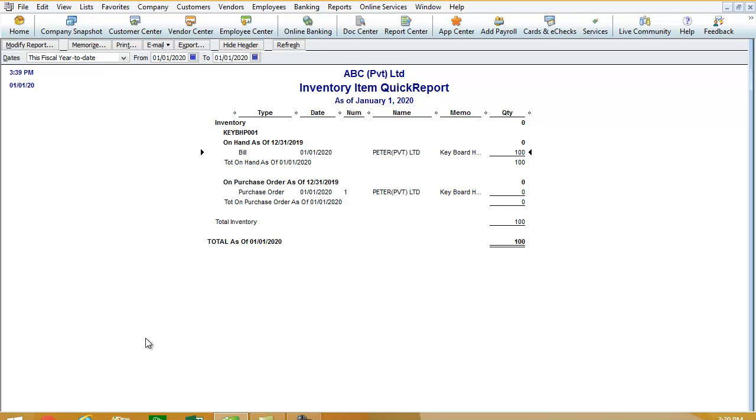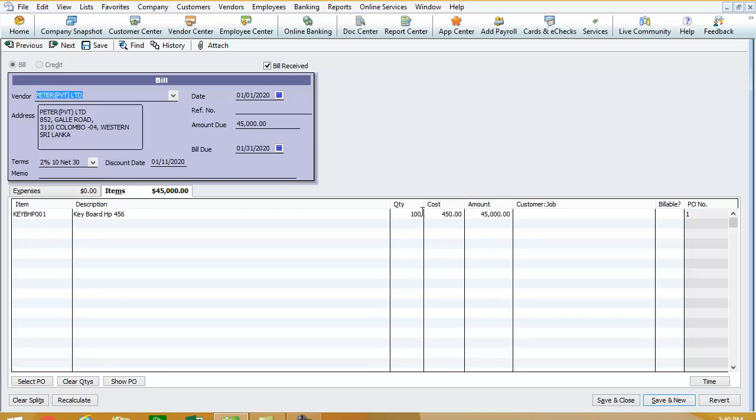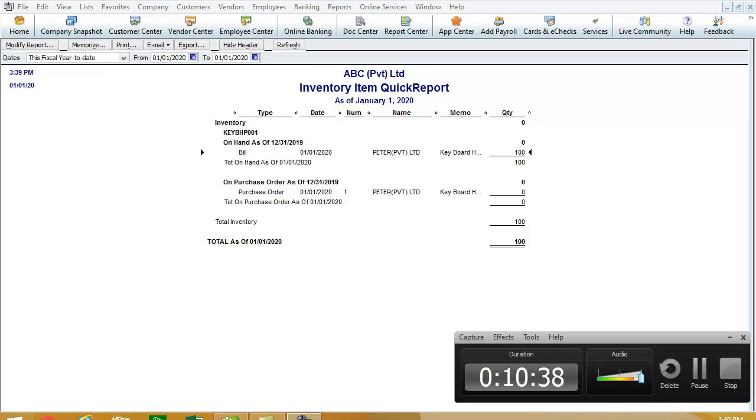Double click on it. Okay, so now the system will show us how these records are updated. You see, on 1st of January the bill is here, 100 units purchased. So with this available stock, it shows that 100 units are updated. If we click the bill, we can even go and see this main bill. If you double click, you can see the same quantity we purchased. Okay, this is one way that we can make sure.